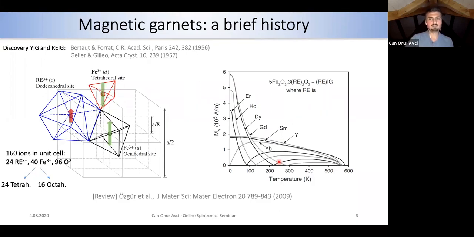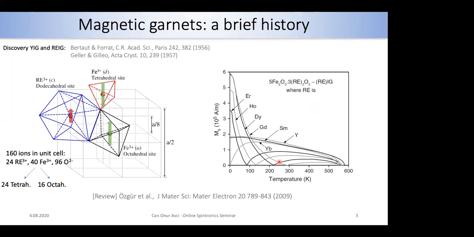So I have data which we didn't publish, but I think I can tell you, because I already presented this in other conferences, that we have thulium iron garnet which shows compensation at 40 Kelvin, 120 Kelvin. So the compensation temperature can be tuned in a wide range of temperatures if you play with the composition. If you cannot control 100% the composition, and the composition is responsible for the compensation temperature, isn't that a danger for technology?